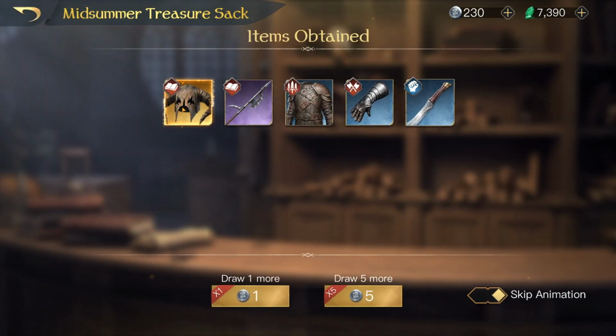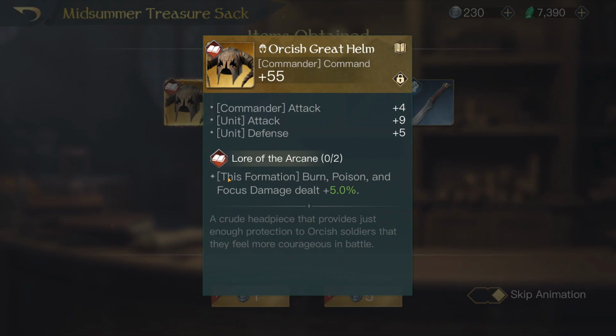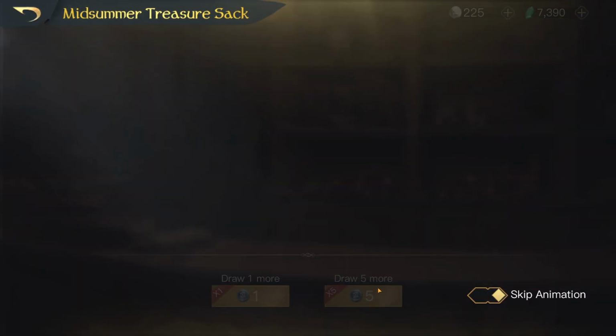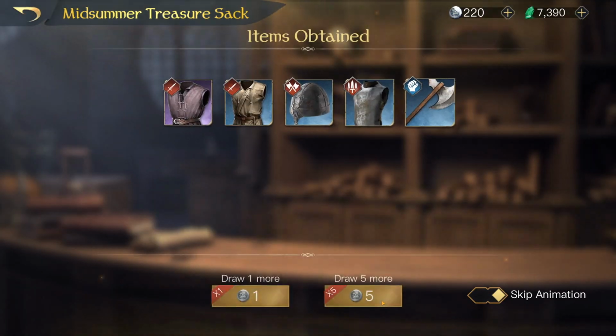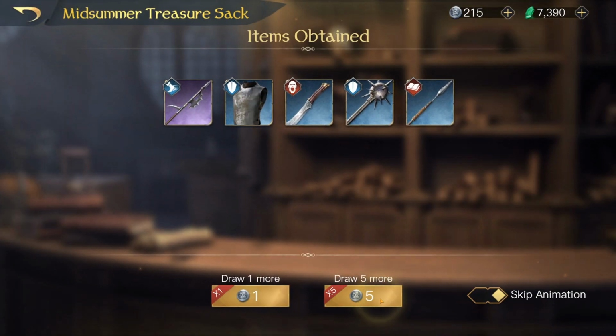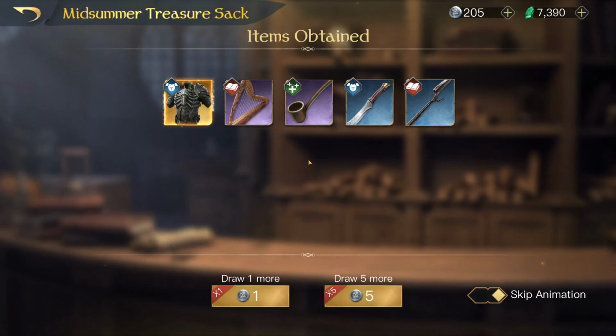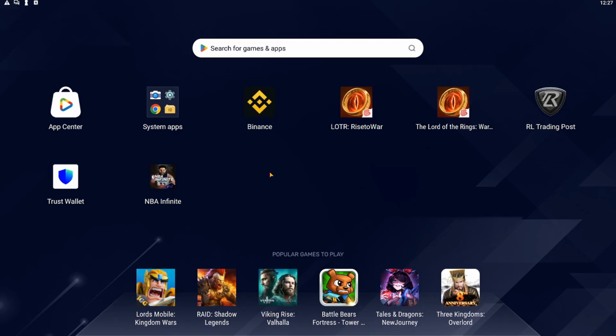So we actually got an Orcish Great Helm. Okay, with Law of the Arcane. It increases burn, poison, and focus damage by 5%. It's actually a pretty good gear. So, yo, we've almost done 100 or so, and we're doing pretty good. So we'll see how much we'll get in this first 100. We should be guaranteed one in this one here. Oh my god, I've been wanting one of these. Okay, so we got...